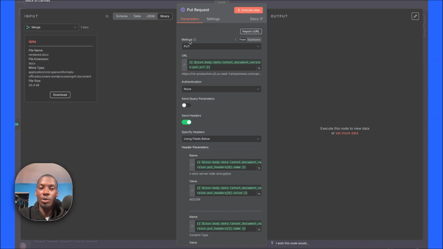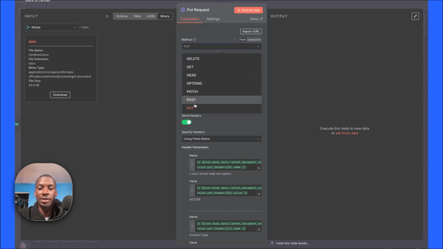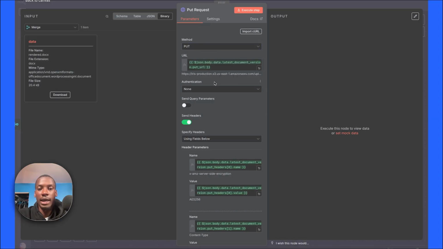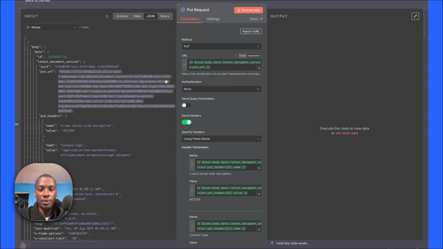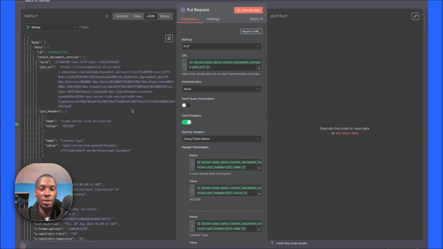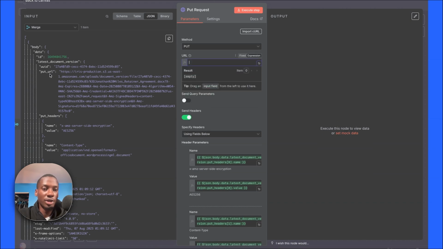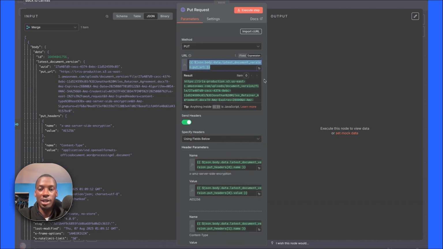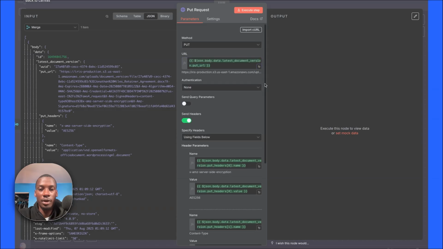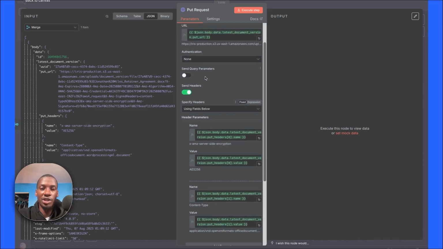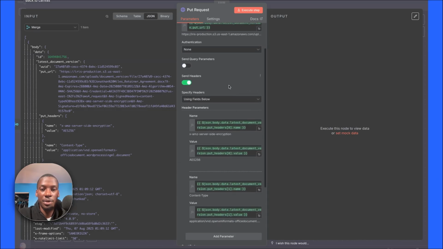For the method, again, we are using a put request. So you're going to select put. And then for the URL, I'm going to show you where we're pulling all these variables from. So this URL is going to be the put URL from the post request. So you just want to drag this. I can show you now. You want to drag this variable into the URL section, and that will give you the put URL. You don't need any authentication for this because we have already authenticated in the previous step,